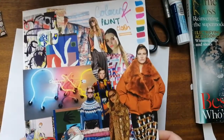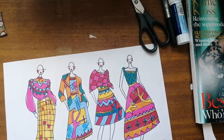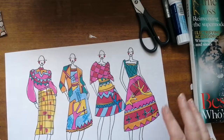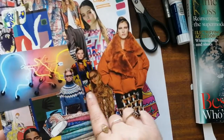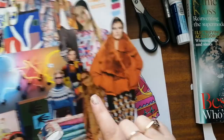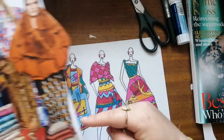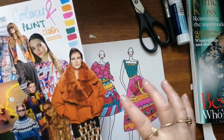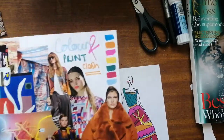So you can see here's the inspiration. It's bright, it's lots of clashing prints and colours, and the final collection as well. And there should be some correlation between the two. This patterned Fair Isle kind of jumper design you can see repeated across here, you know, this kind of textured skirt. There should be some kind of relation between the two. That's the idea. So let's pop these to the side,